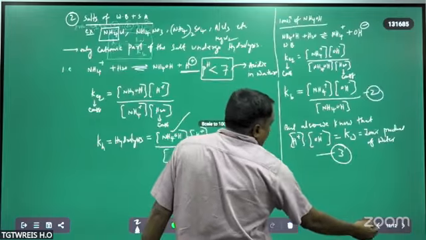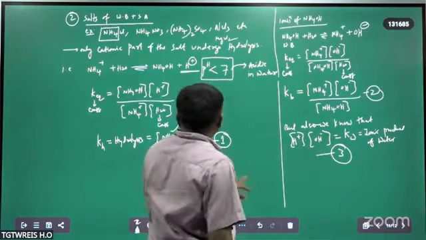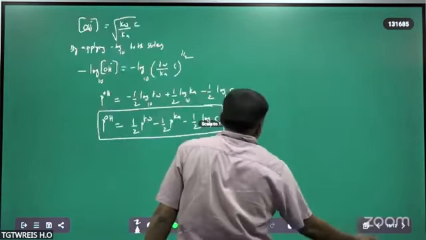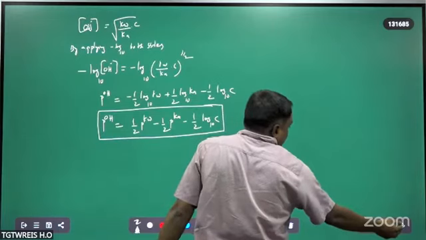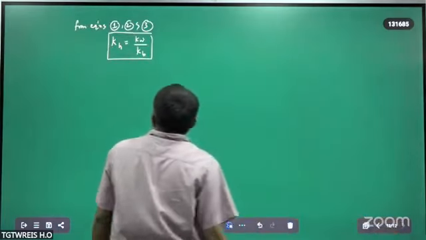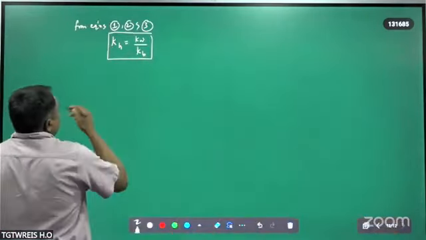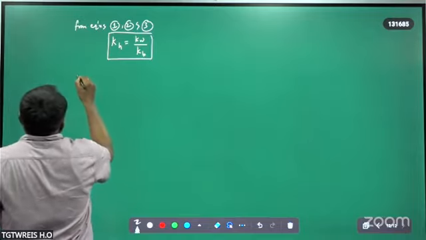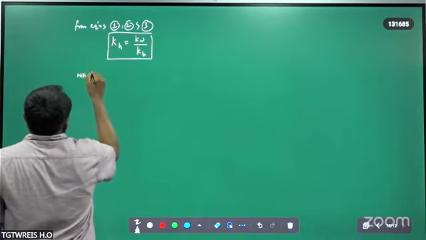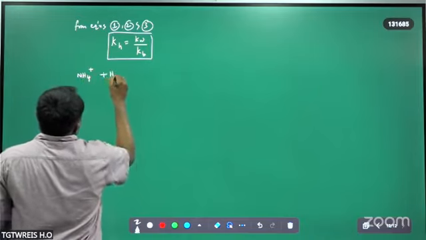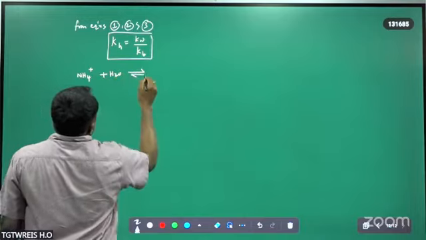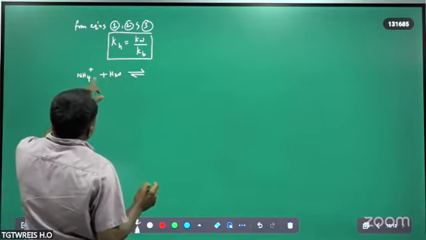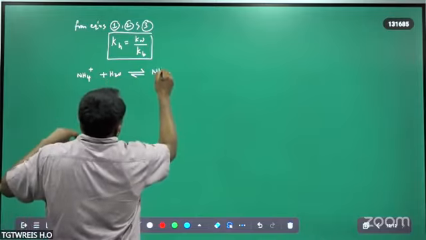Kb is this one, KH is this one, Kw is this one. Therefore, KH is equal to Kw by Kb. And next, we already know that NH4 plus water, this is an equilibrium, the cationic part of the salt is undergoing hydrolysis. That's why NH4 plus water gives NH4OH